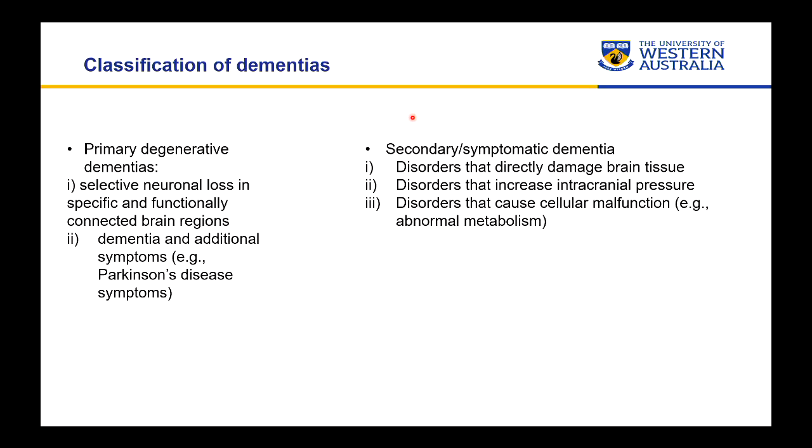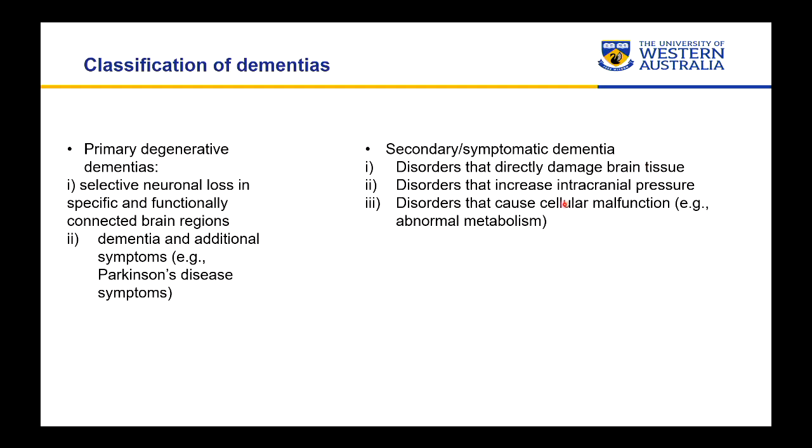So it's not just really the neurons dying which is causing the disease. The neurons might be dying because another disorder or injury caused that disease. You can get dementia in cases where you have disorders that directly damage brain tissue, so traumatic brain injury, that's the secondary case. The primary injury is the traumatic brain injury, but then secondarily you might get dementia associated with it. So it wasn't what's generating the neuronal loss in the primary degeneration, but it's associated with a secondary